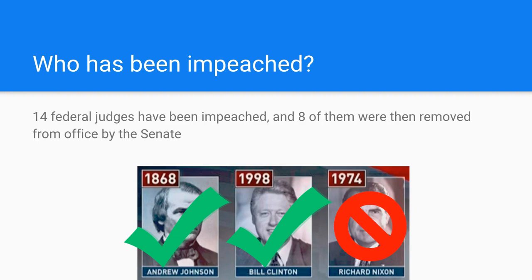Richard Nixon, and this is where a lot of confusion happens, Richard Nixon was never impeached. He did leave, though. He resigned his office because he saw he was probably going to be impeached. So he resigned and gave up the presidency before that could happen. So it is kind of confusing. The 2 presidents who have been impeached were not removed from office. The one president everybody thinks was impeached was not impeached, but did leave office.